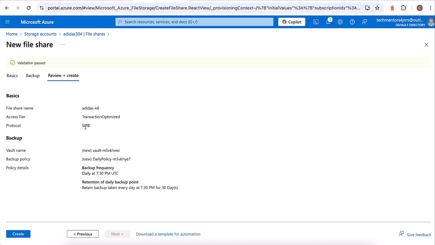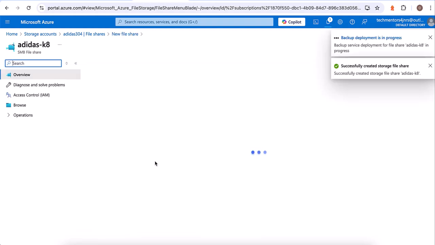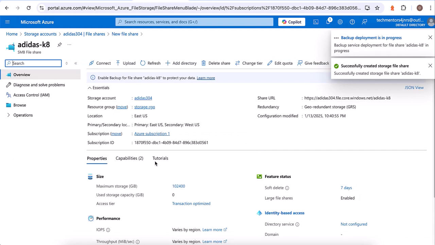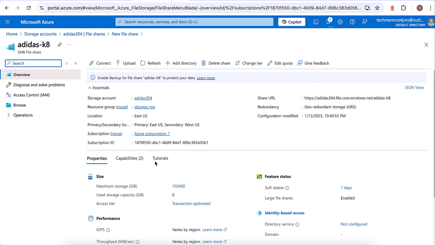So after validation, you can click on create to create the file share. So it has been created.